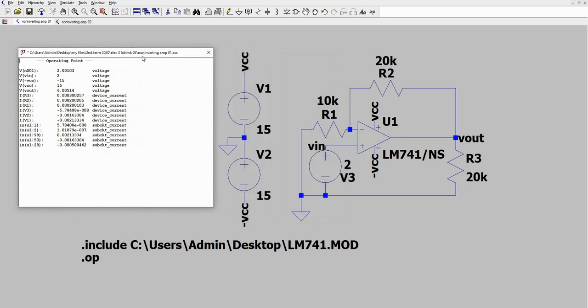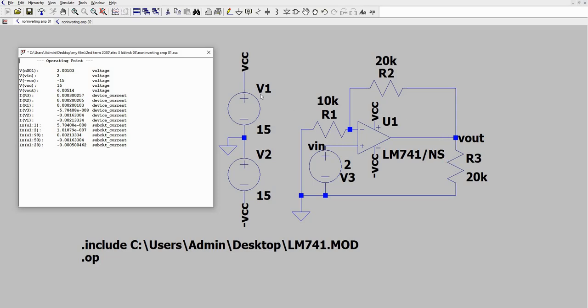And as we have discussed from last time, you will notice that the current across the output is just the sum of your IF, so current that flows through R2, as well as the current that flows from your R3. So I out is just equal to IR2 plus IR3.